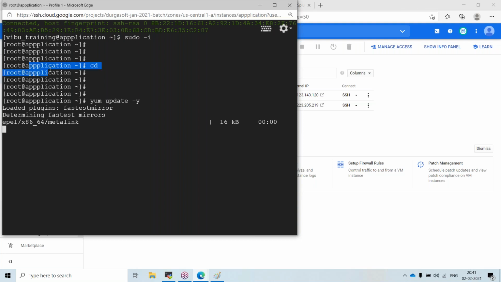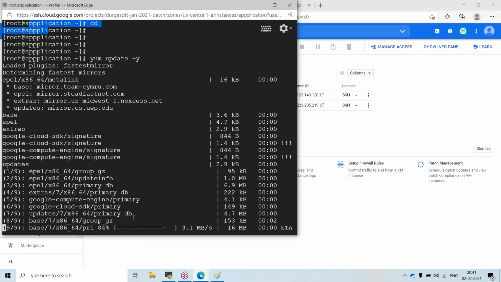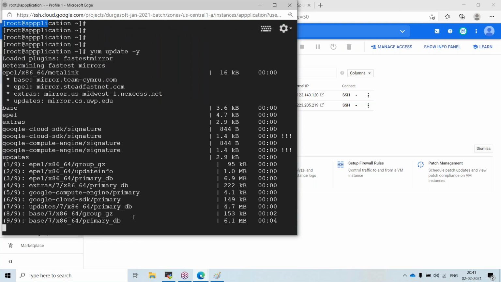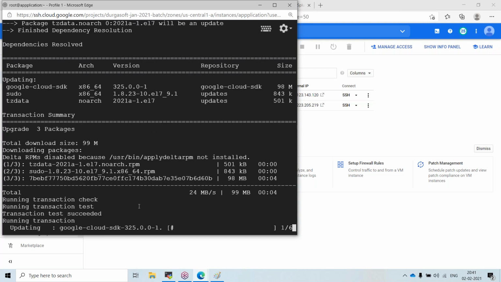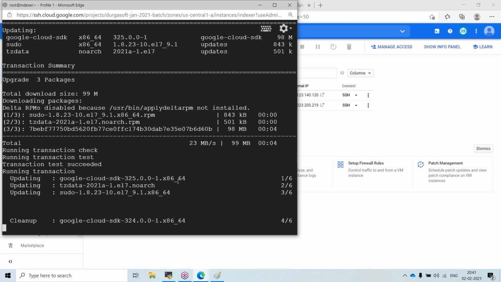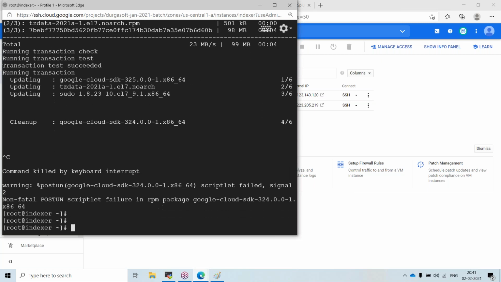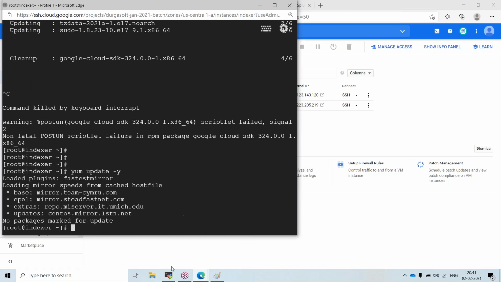In my application server also, I will be updating the packages. It got stuck, it seems. Now it is fine.